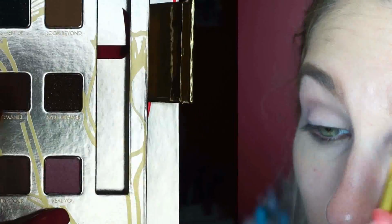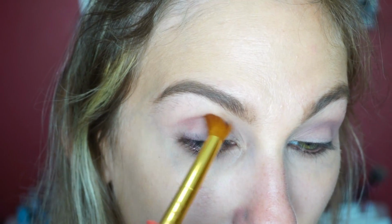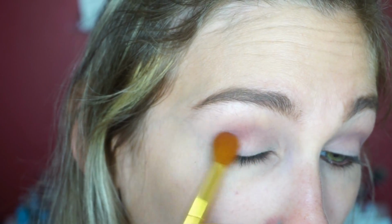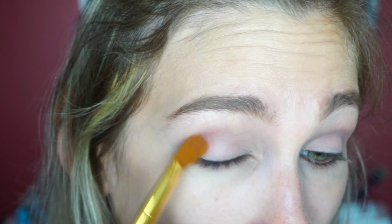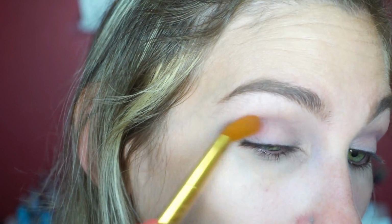I think it's really pretty. I'm going to take the shade right above it. It is called Romance, and I'm going to use the same end of the brush and just kind of lightly work this into the outer part of my eye for a little bit of extra dimension here. It's going to be a little bit darker because it kind of looks pretty dark in the pan. I mean, I did tap my brush pretty lightly, but I think it's blending out really well and looks really